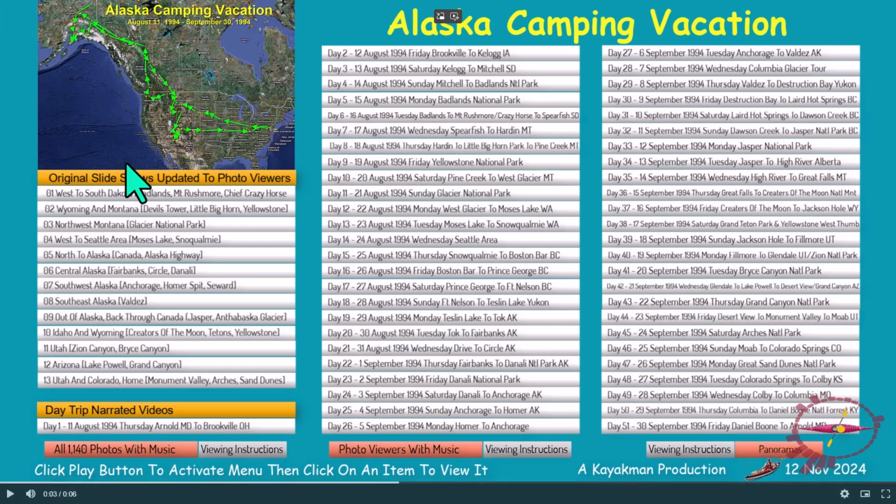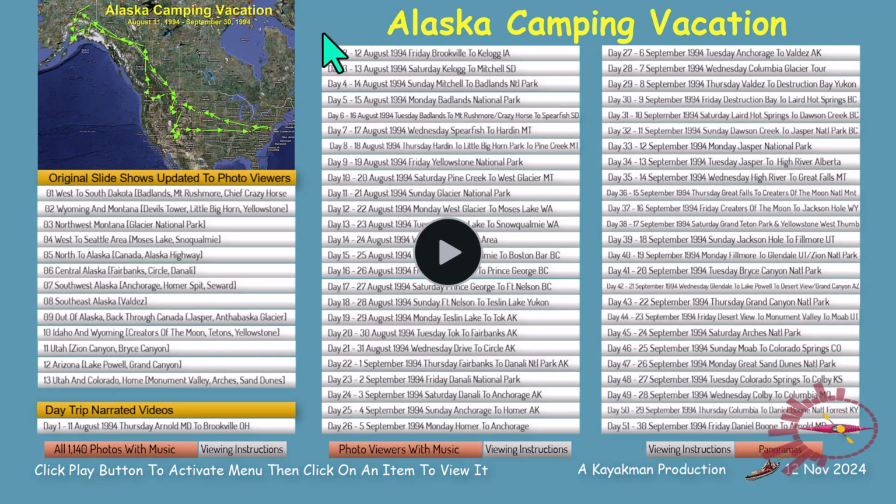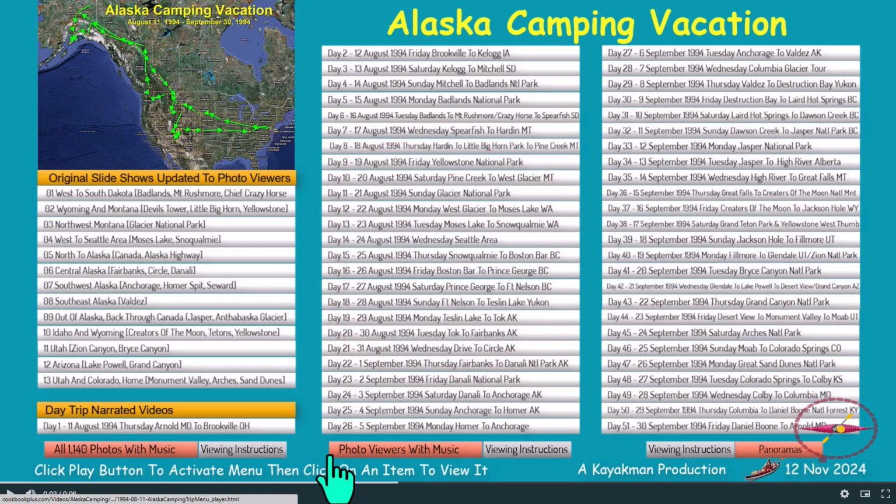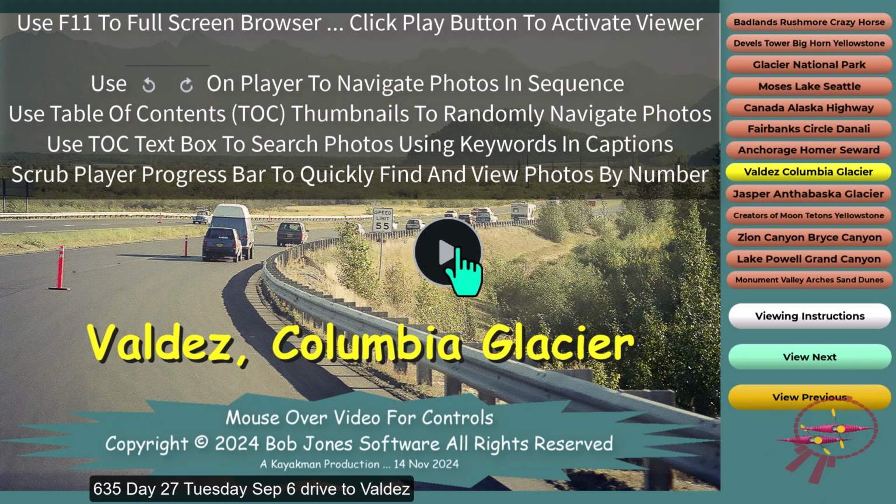I'm going to refresh this page we're looking at, and when you first access this, click this button. That will set up the menu so you can then click on a button and go see one of the videos. For example, I'll click this button here. That video will load and you can play it to see what's happening. Or you can also jump around using these different buttons here. And you can go back to your menu if you want by closing this window using Control W.